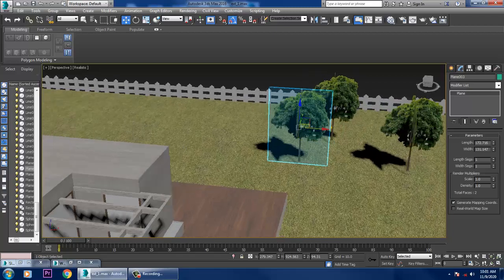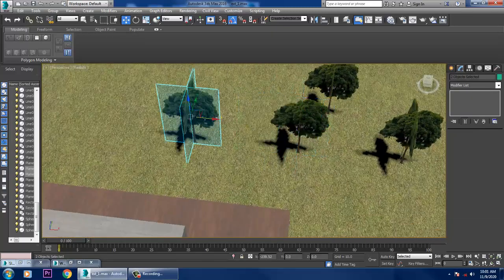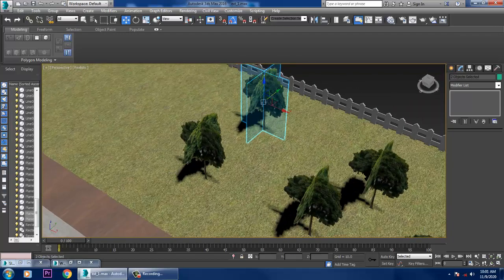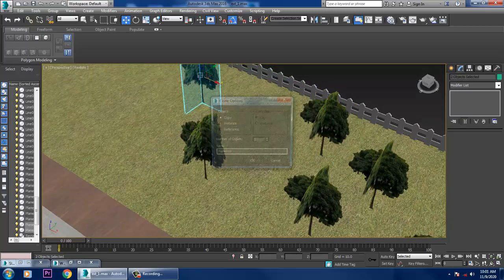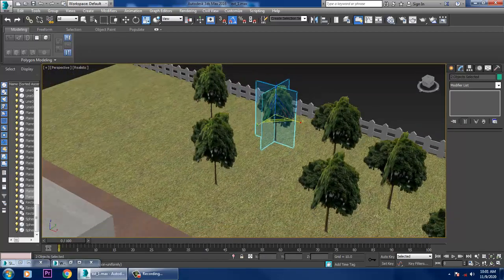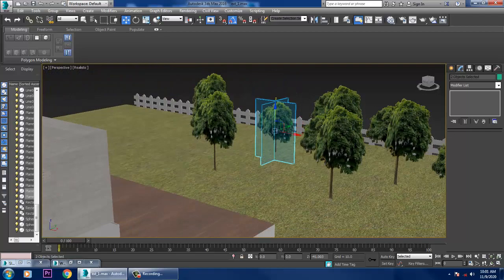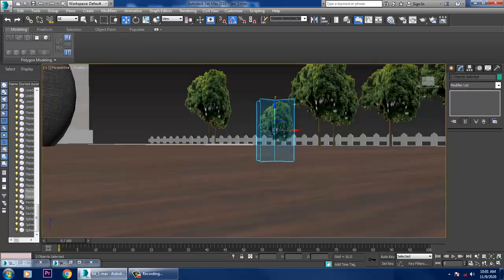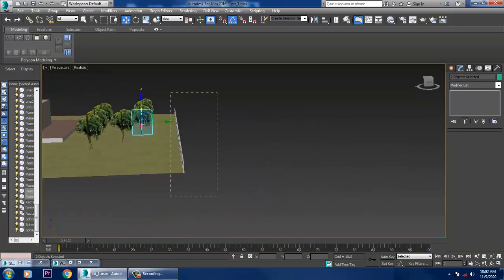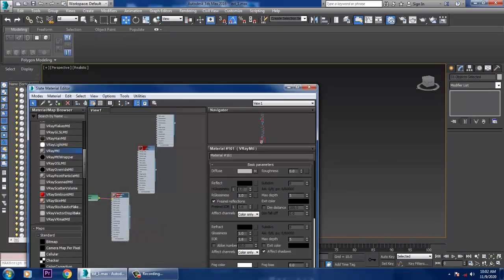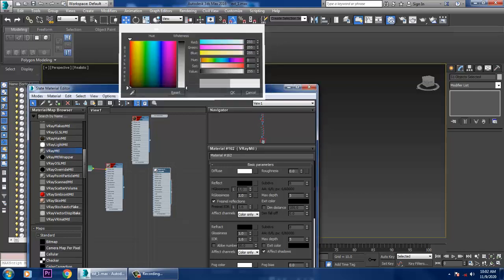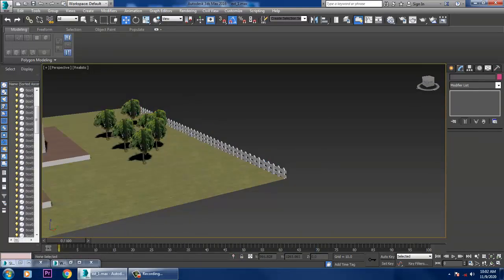Let's go into this, and if you want to duplicate all the alpha maps, that can be duplicated. Just scale it, then slightly push it up. Select this whole thing, go into material. Let's take again a V-Ray material and give a white color to it. That's it.